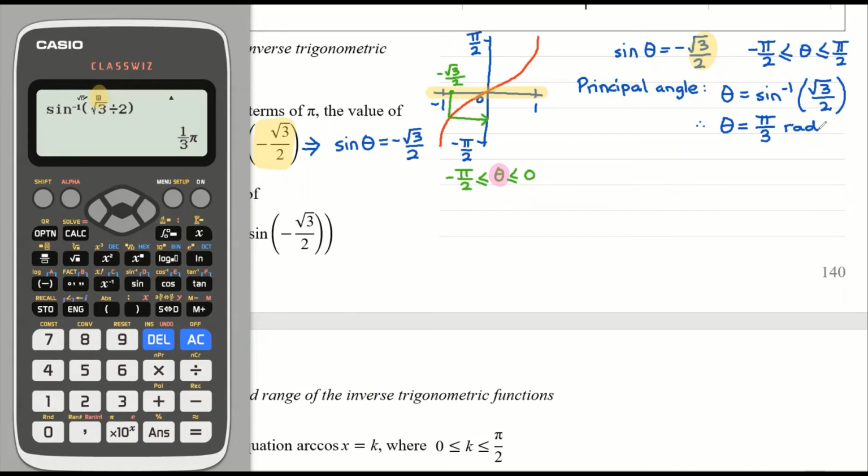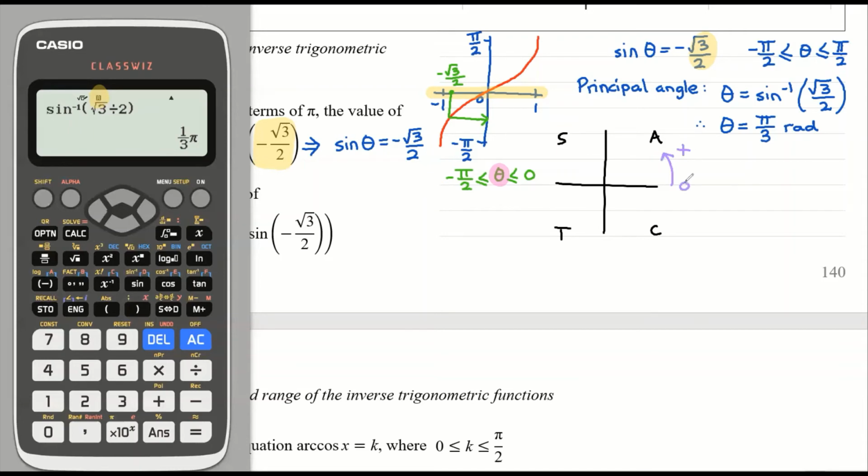So if I draw the CAST diagram now on here, we can actually see that both the CAST diagram and the sketch of the arcsine graph do coincide. Now, what we need to be aware of is when we use the CAST diagram, we move anti-clockwise in the positive direction